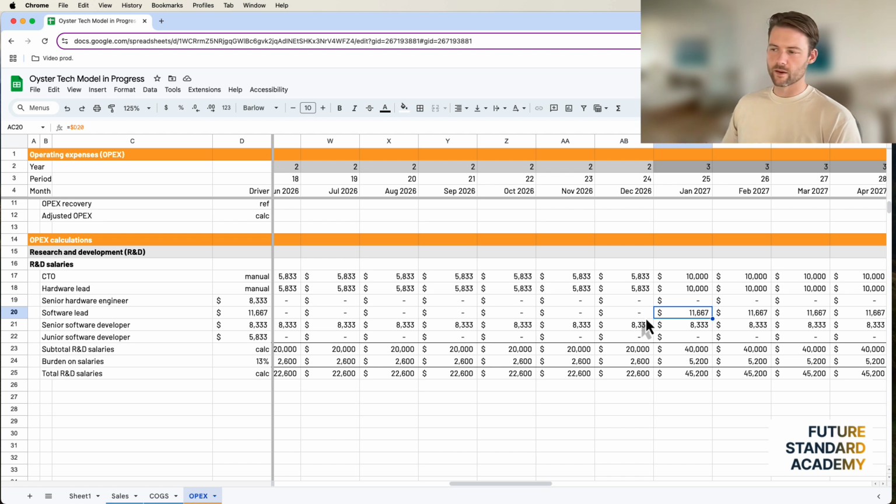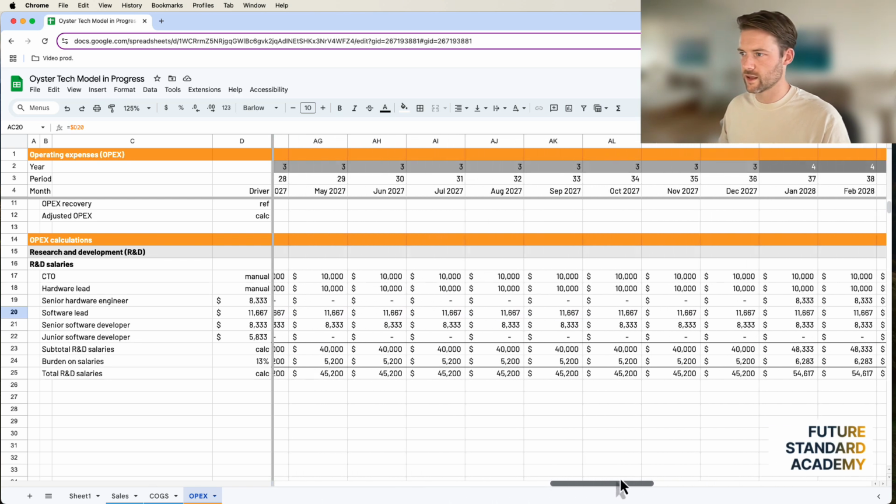You wouldn't want this to be the hiring plan. You wouldn't want this to lead to the discussion of a hiring plan. You would want that in a separate document in the data room. But you need this to agree to what it is that you're saying in that hiring plan, right? You need everything to be telling the same story in terms of timing and costs and so on.